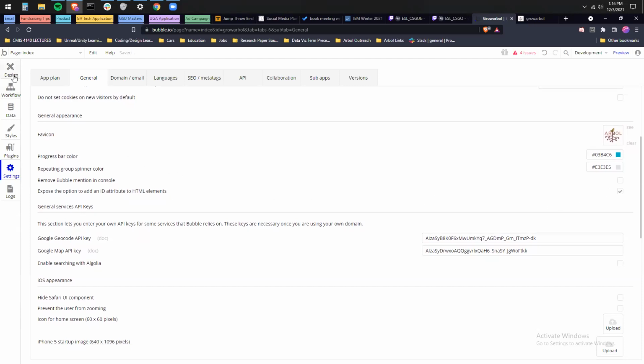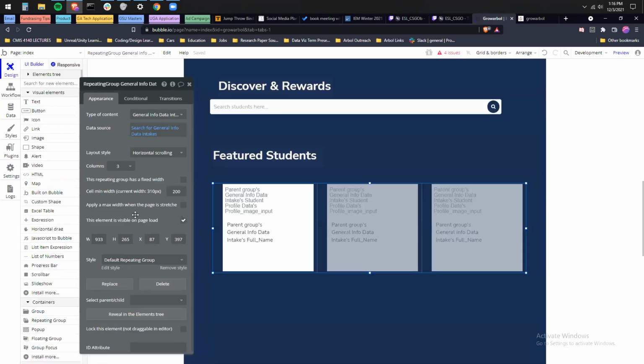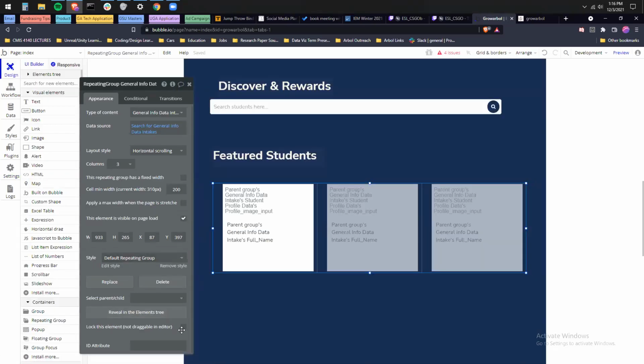Check that. Now if you go back to design, at the bottom you see the ID attribute at the very bottom. Go ahead and say whatever you want, as long as it doesn't start with a number, it has to start with a letter. Like you could say featured students or something.